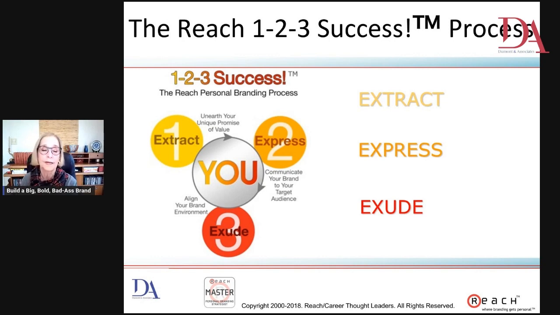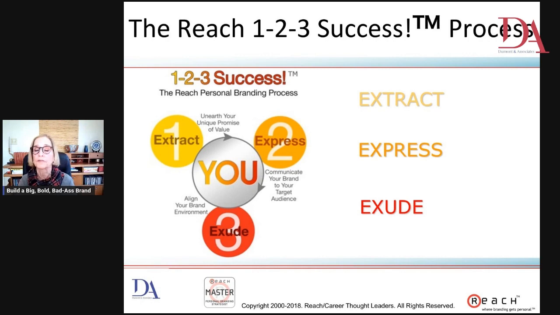Someone said, and I wish I knew who it was, I would go back and find it, that your brand is what people say about you when you leave the room. That's pretty close. It's your reputation. So your professional or personal brand is your professional reputation. And I want you to always keep in mind that LinkedIn regards promoting your professional reputation or your professional brand on LinkedIn as one of the 4 keys to being successful at selling on LinkedIn. So you want to be clear on your brand.